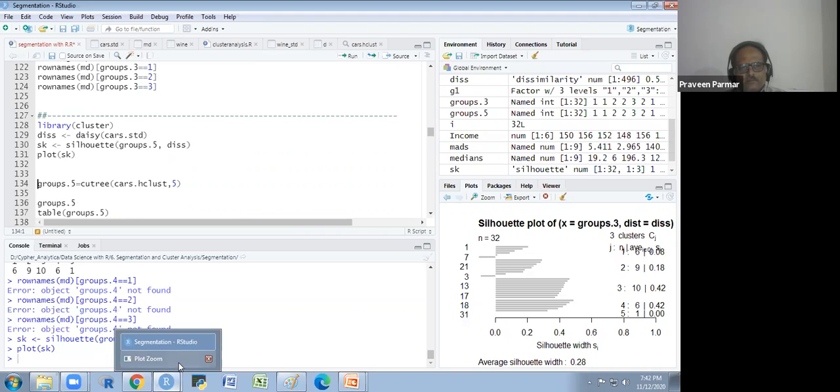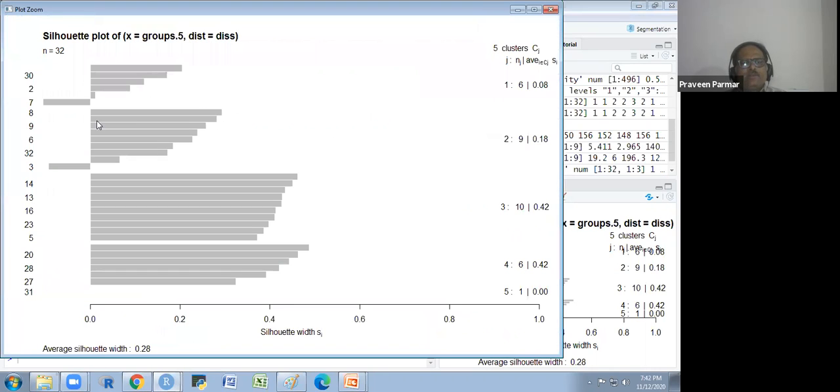Look at here now. So we see in the first cluster, 1, 2, 3, 4, 5 clusters we have. Okay, in the fifth one there is one observation, but it is not showing me.